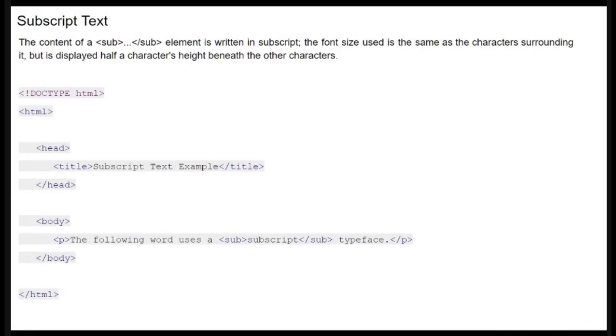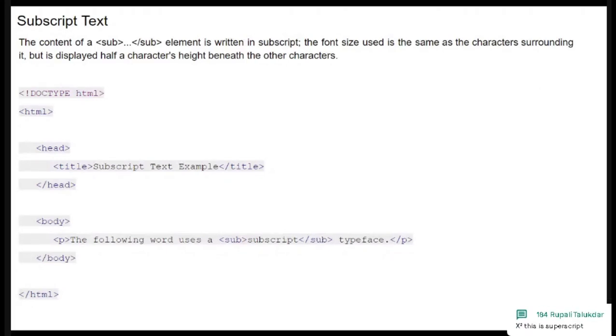While writing chemical formulas, we write H2SO4. In H2SO4, the position of the 2 is nothing but the subscript.